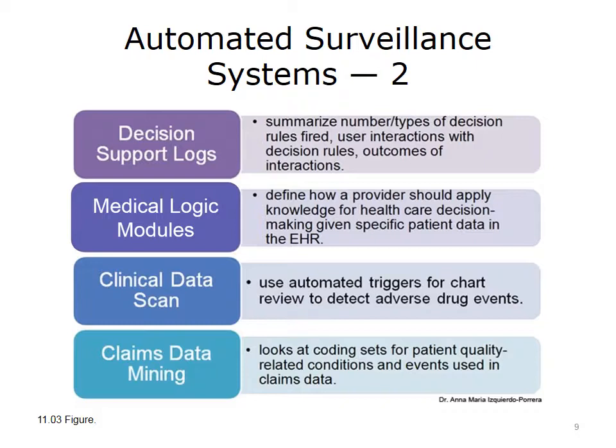Automated surveillance can also be used to improve quality by identifying gaps in care by not following recommended guidelines. Claims data, such as Medicare claims data, can be mined to detect whether patients are adhering to preventive guidelines, such as whether patients with diabetes have received their eye examinations, appropriate blood tests, pneumococcal and flu vaccines, and other screening tests as recommended by clinical practice guidelines for this population.